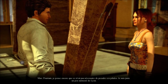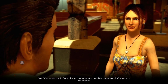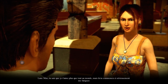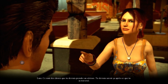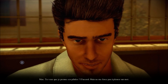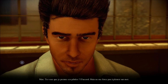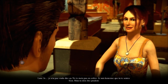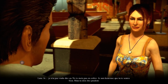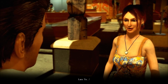Still, I think there's no need to take those pills. I'm just a bit overstrained from Lyon. Max, you know I love you as no one else in the world, but this just pisses me off. Some things you just have to take seriously. You should know that after what you've gone through. You want me to take those pills? Right. But you won't force me to cry over myself. I didn't really mean it. Don't be angry. I'm glad you're feeling good, but you have to be careful. Yeah, Mom. You...